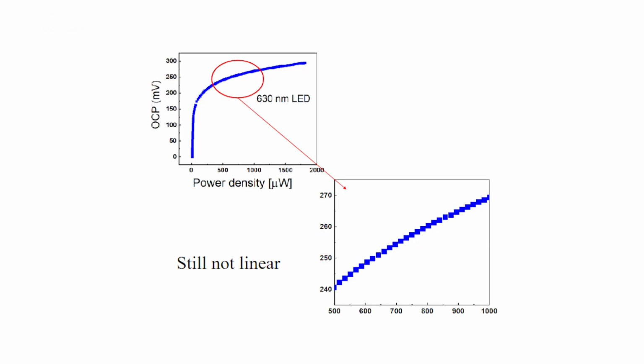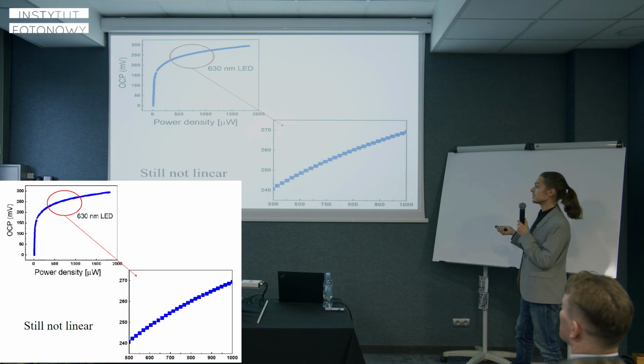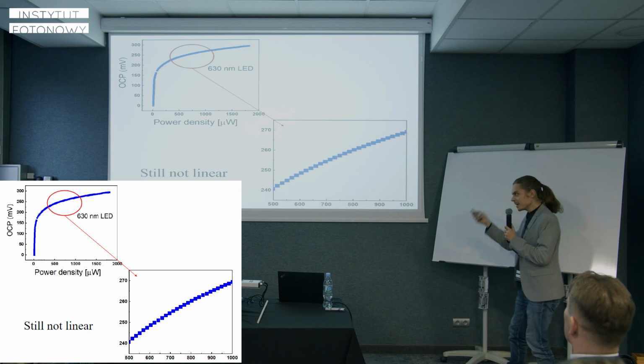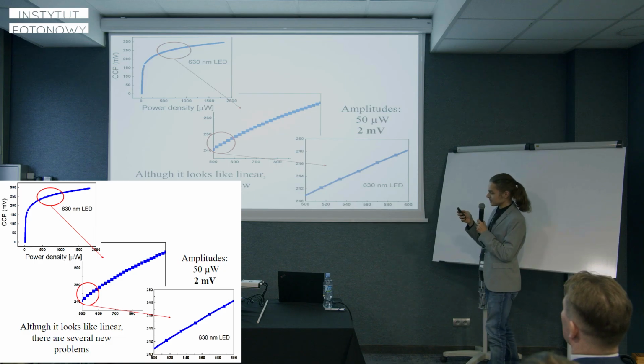Let's just give it a try. Let's zoom in on this curve in some regime. And okay, I have zoomed. It is still nonlinear. Then let's do another zoom. Okay, it looks optically like it would be linear. However, I would like to notice that